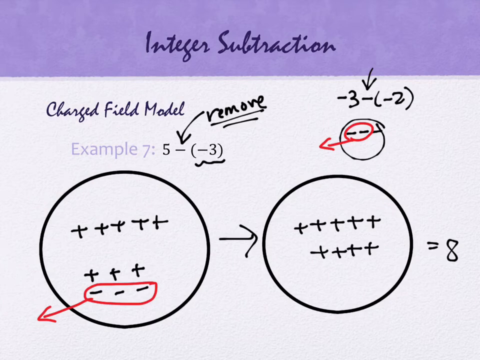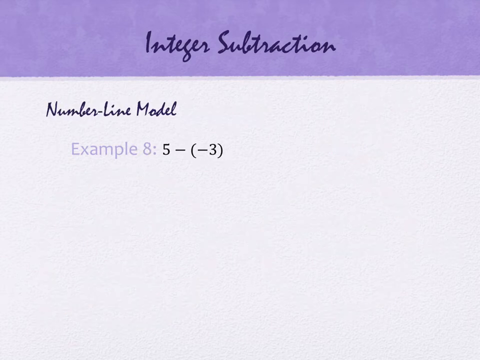Okay, the number line model is probably my favorite, okay? I'm going to draw the number line model. You're not going to like the drawing, but then I'm going to act it out, and they're going to be like, oh, okay. So let me draw it for you first. Still the same numbers, 5 minus -3. So from the drawing perspective,